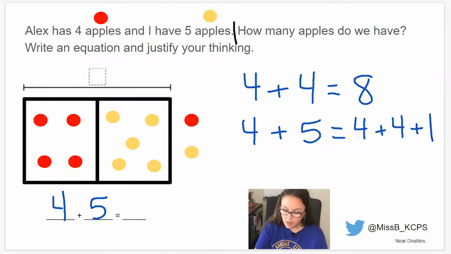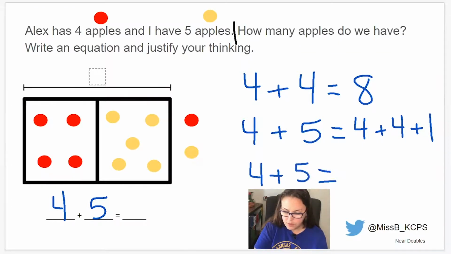a doubles fact. So I know that 5 and 4 plus 1 are equal. So I've done what's called substituting 4 plus 1 into that spot to make it just a little bit easier. So now on the right side of this equation, we can say that we know that 4 plus 5